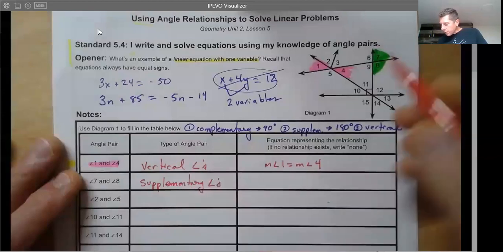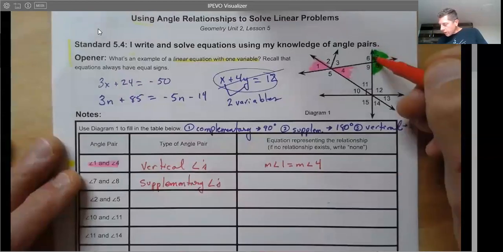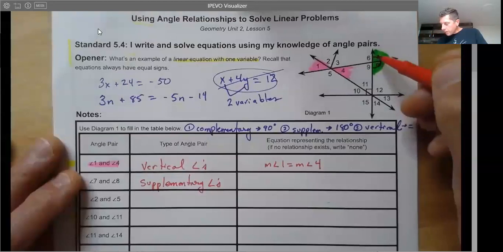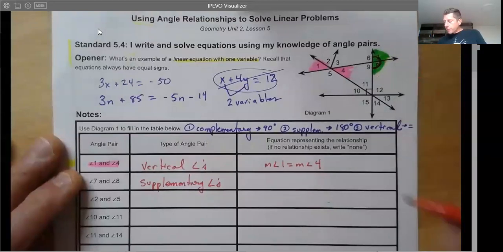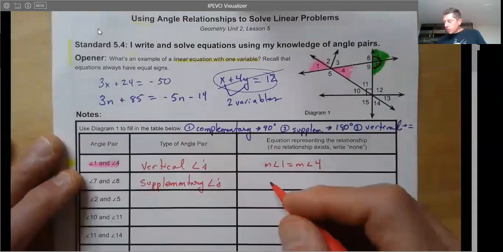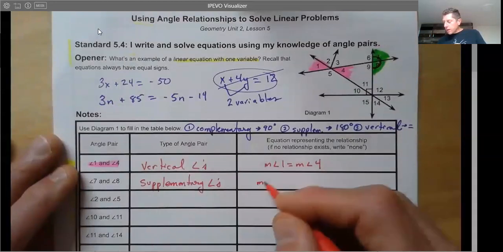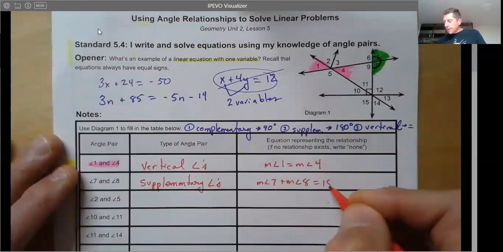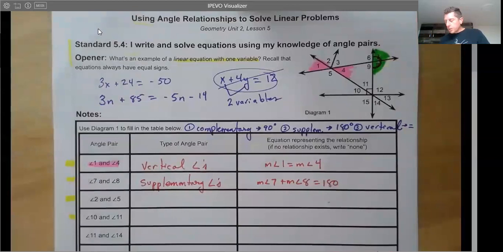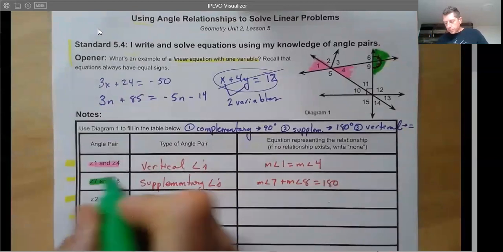Why are they supplementary? Because these two angles together create a straight angle, and a straight angle has 180 degrees to it right there. Okay. So then our number sentence, or our equation, is going to be the measure of angle 7 plus the measure of angle 8 equals 180,